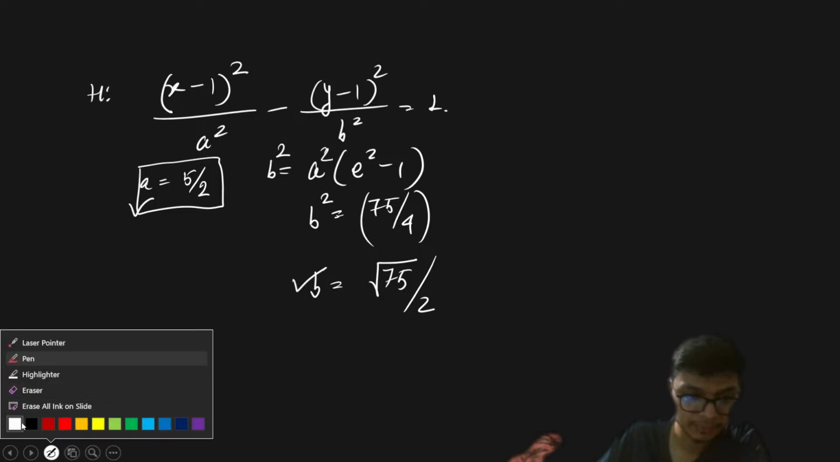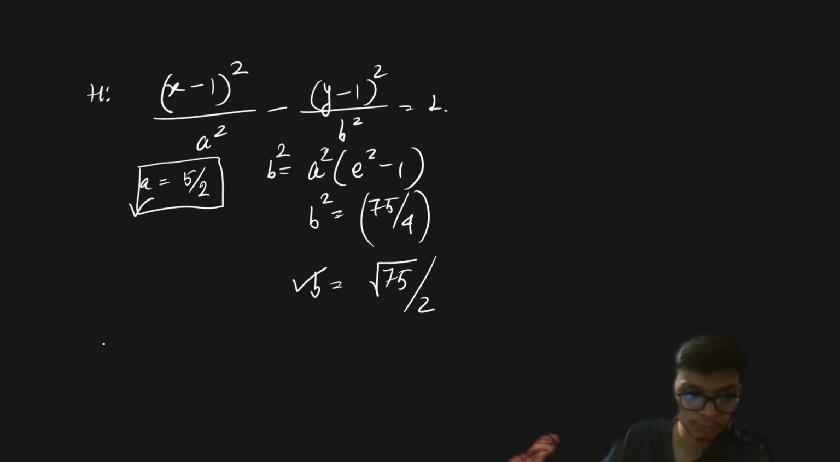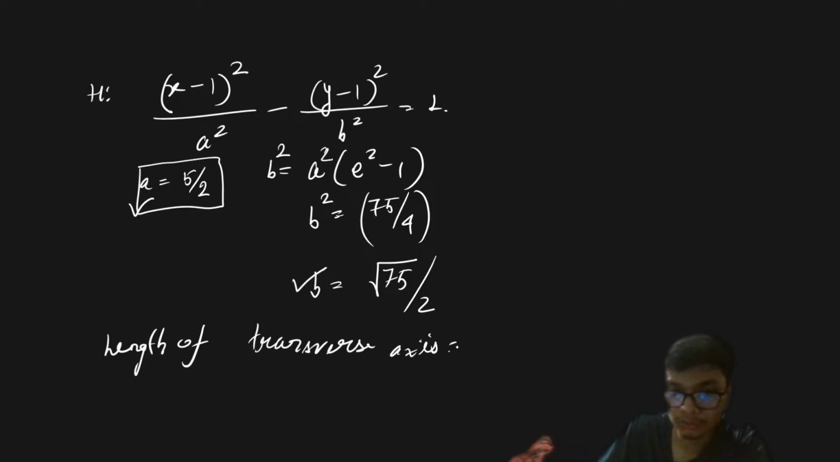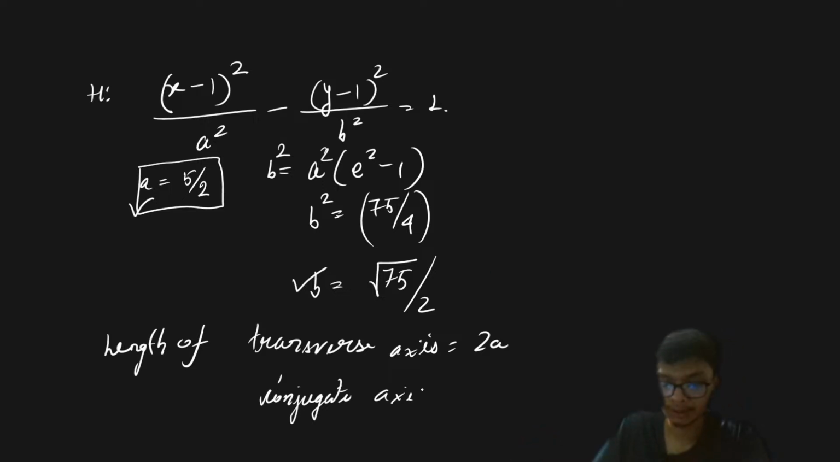So transverse axis. The length of the transverse axis is equal to 2a, and similarly the length of the conjugate axis is equal to 2b, right? And this is given in the problem as alpha,